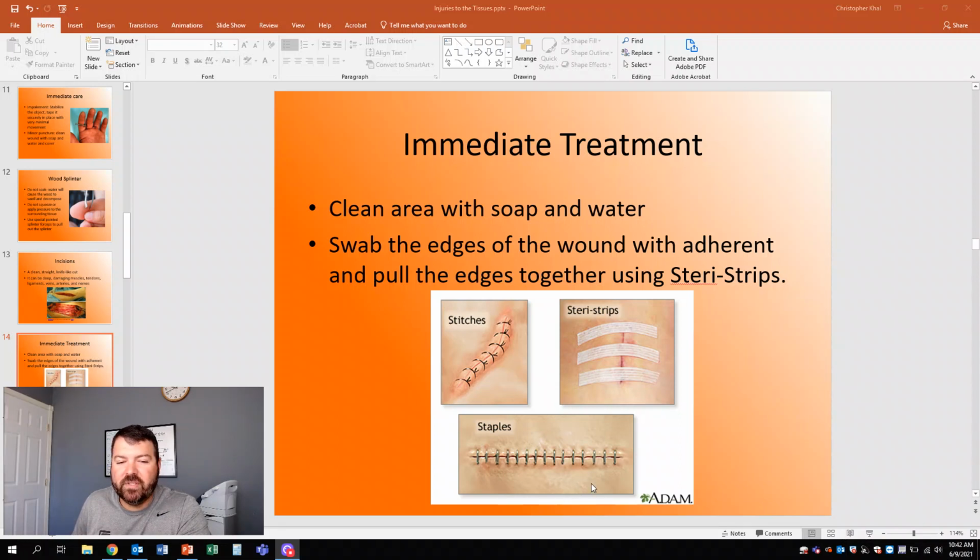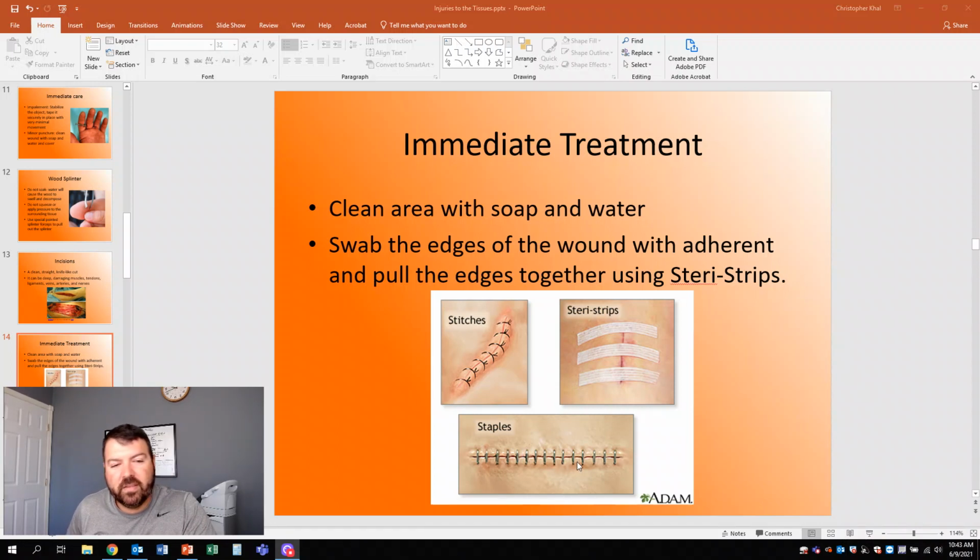Nothing wrong with staples. They're usually an old school thing, but they're coming kind of back. What I'm seeing is they're a little more common for the areas of the body that require more tension to keep together, like on an elbow or a knee, for example. Even after a lot of knee replacements, I see them doing staples instead of stitches. They're stronger, and they're just as easy to take out as stitches. There's no issue. It keeps that wound together pretty well.